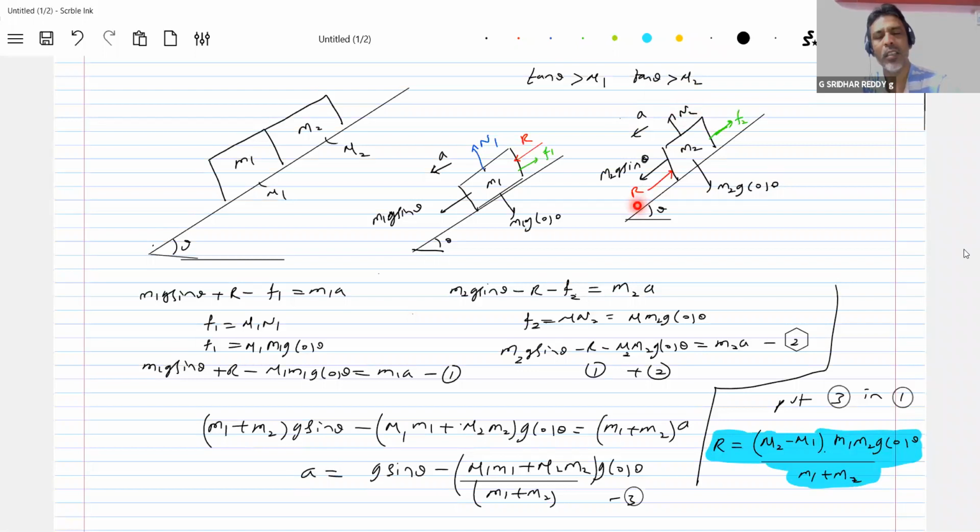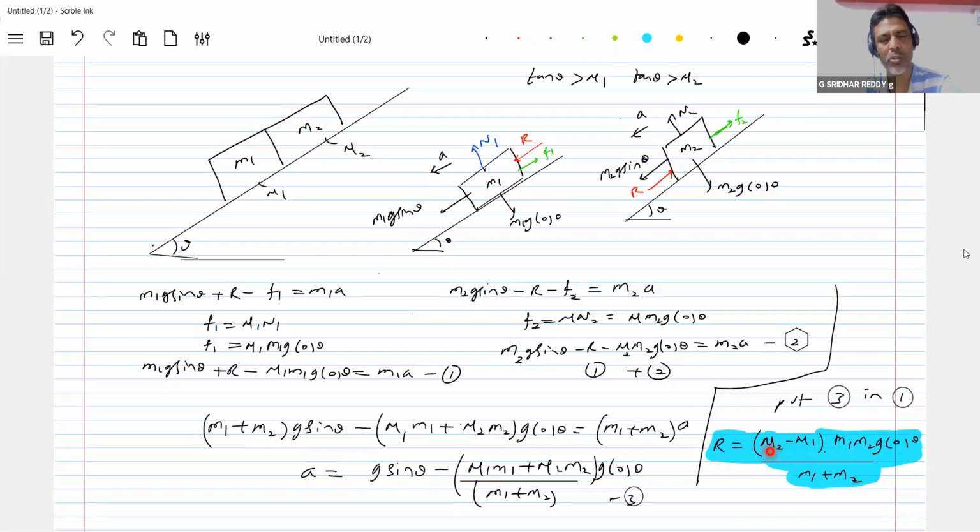Now, will they be in contact or not? When both are sliding, whether they are in contact or not will be determined by this: again, mu2 should be greater than mu1. Getting this? I am trying to stress some idea here. This equation we have to interpret properly here.